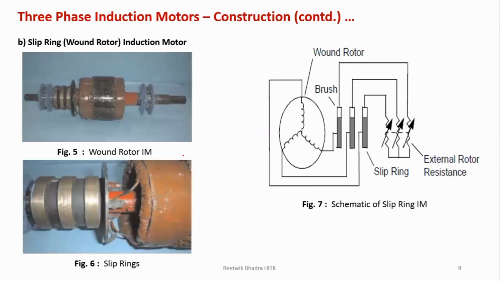But you will see in the next motor which we'll discuss, which is the slip ring or wound rotor induction motor, that the construction is slightly different compared to that. So what is it? Now over here, you can see the wound rotor. So three windings, because obviously they will be either connected in star or delta. So it is connected in star. From the three windings, connection is taken out and connected to a slip ring and brush. Why are we using this slip ring and brush? This slip ring and brush helps to make the rotor contact with your